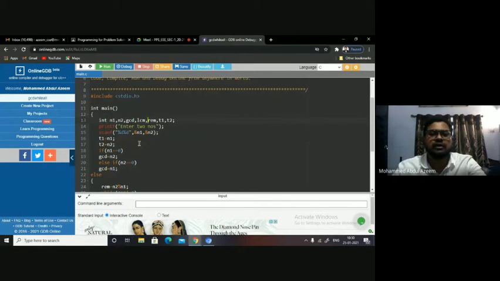Here I have taken T1, T2 to take the backup of the original numbers N1 and N2. GCD is to find the GCD, LCM is to find the LCM, and the remainder we are getting in REM.